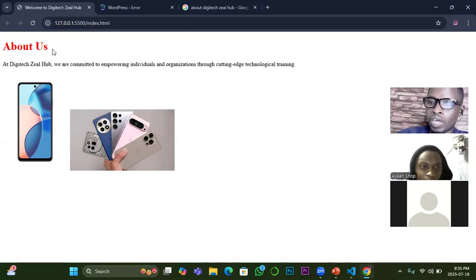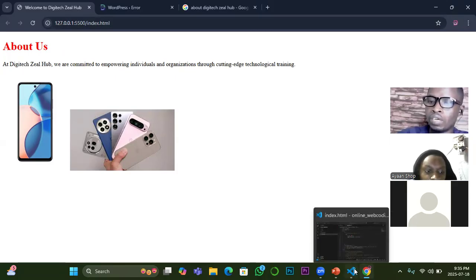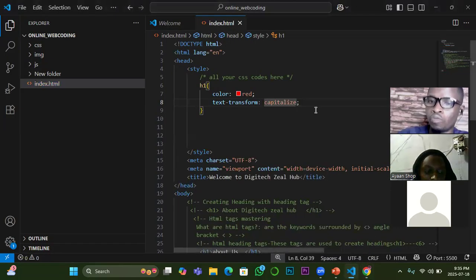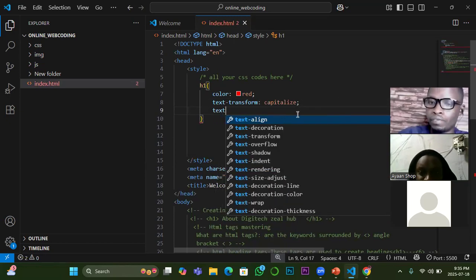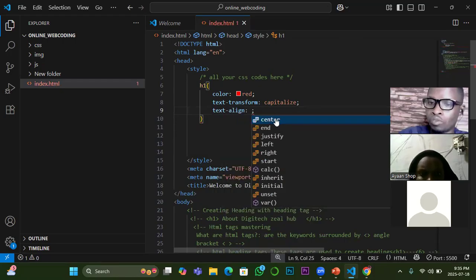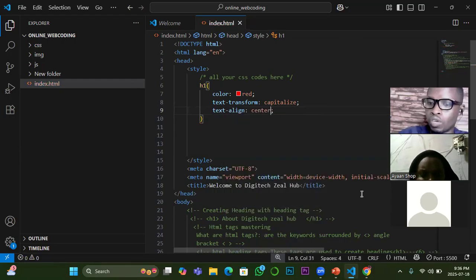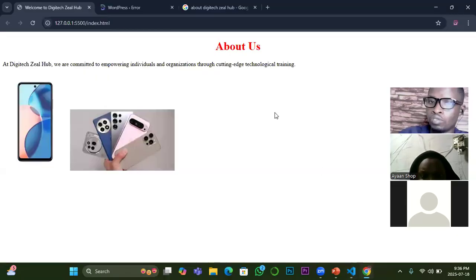So one more thing I want to achieve before I allow you to work is that I want to move the whole of this to the center here. Which CSS property will do that for me? So I'll go back there. As a professional, I should know that it is text align. Text align. Then I'll choose center. So if I go back to the front end, you see that